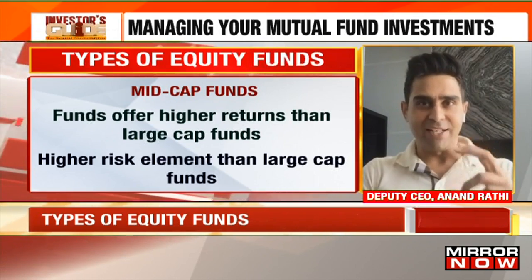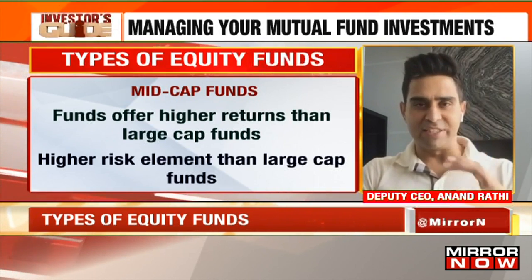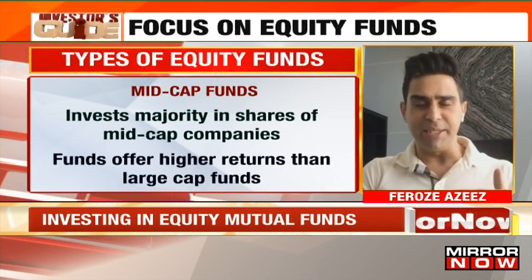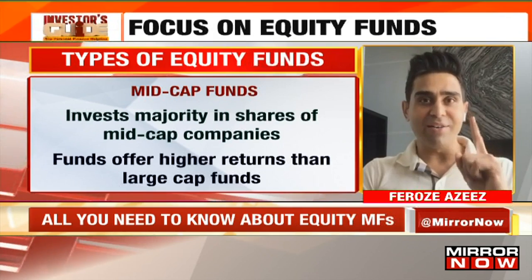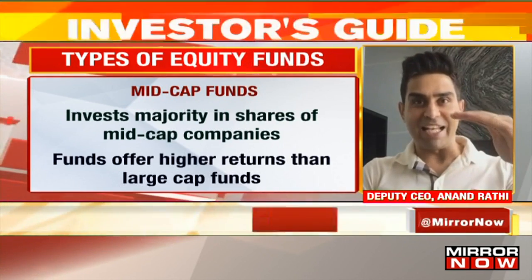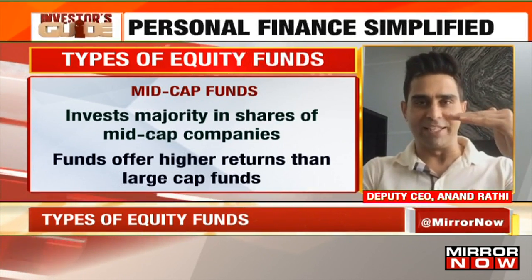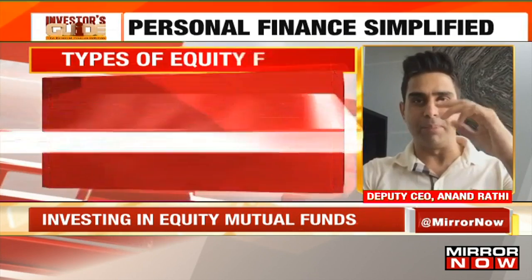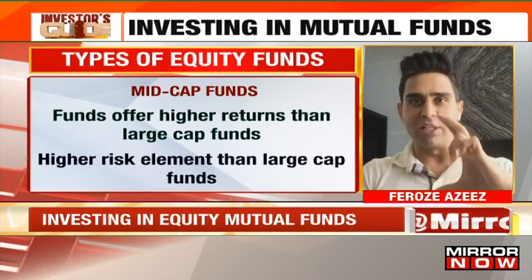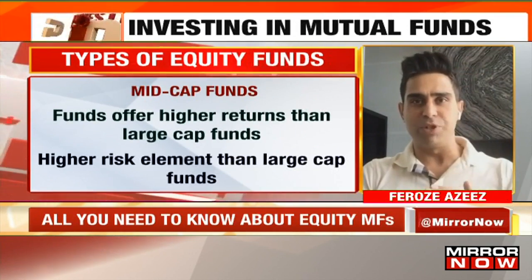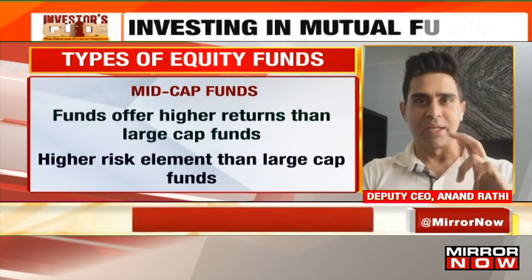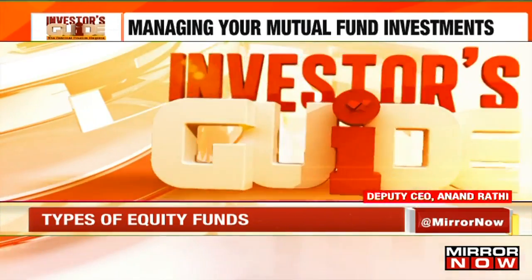Mid cap as a standalone category: 65% of the money you entrust to that scheme will be invested in companies from the 101st to the 250th, as per the value of the company in the listed market. So the subsequent 150 beyond the first 100 are called the mid-cap stocks. And the scheme which invests 65% of its money in these is called a mid-cap.